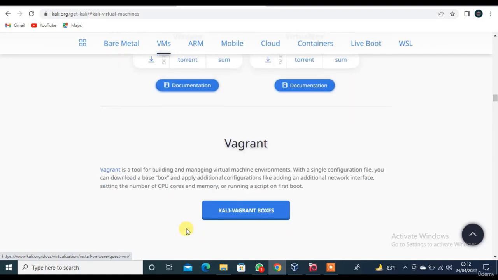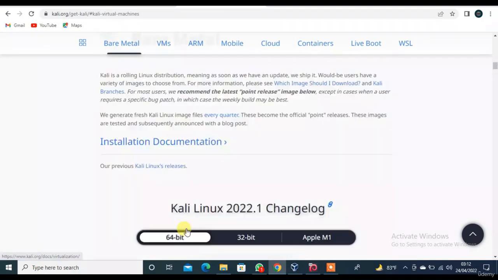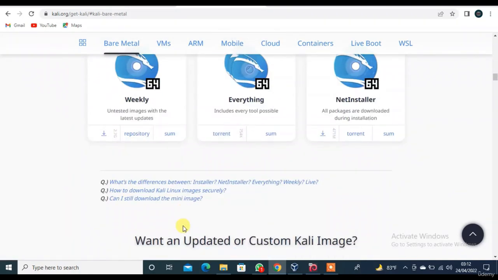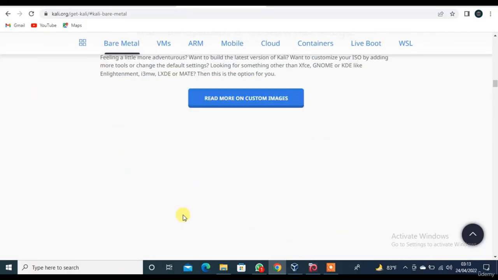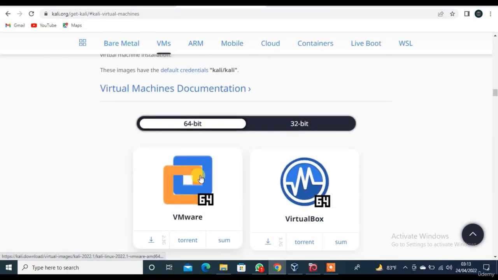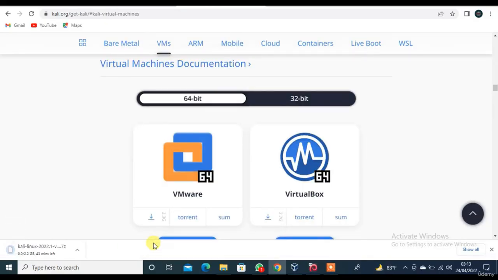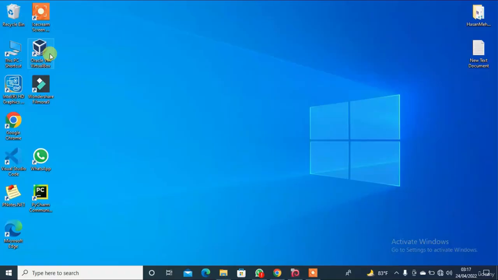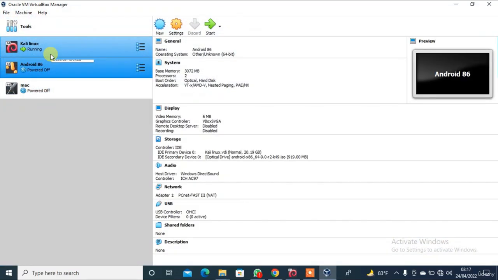So I need to download the 64-bit VMware version for my virtual machine. This is 2.2 GB total space. After successfully downloading,